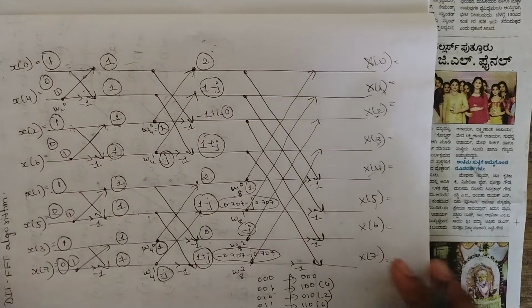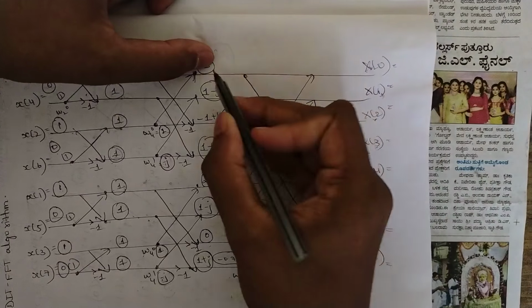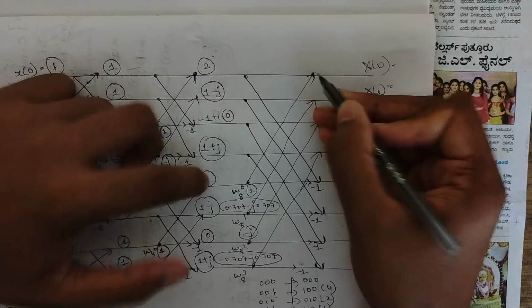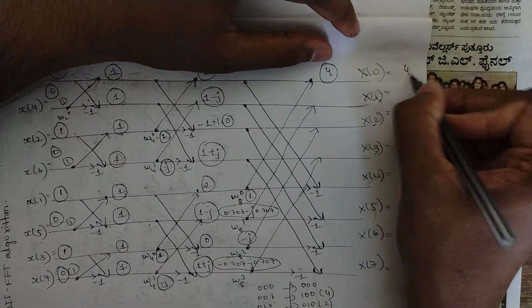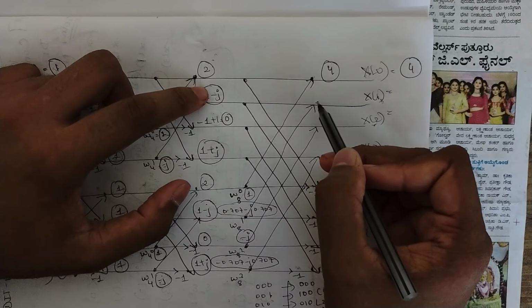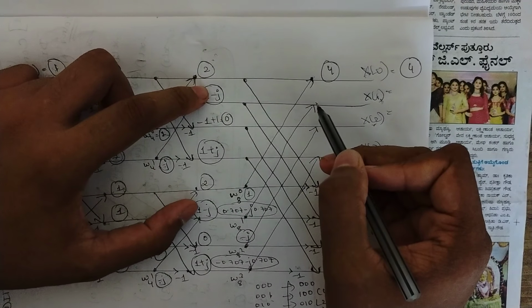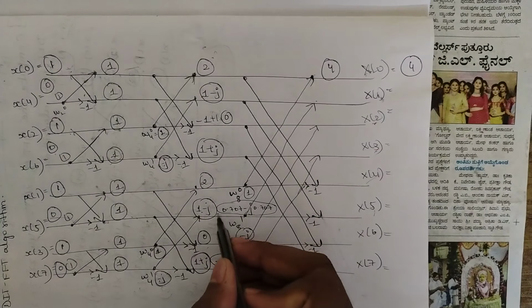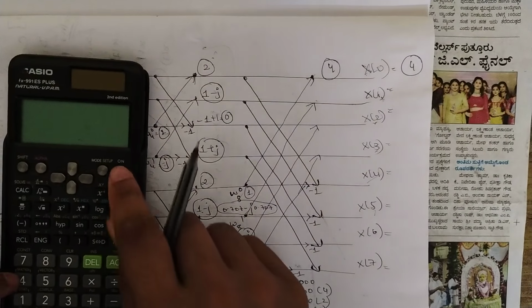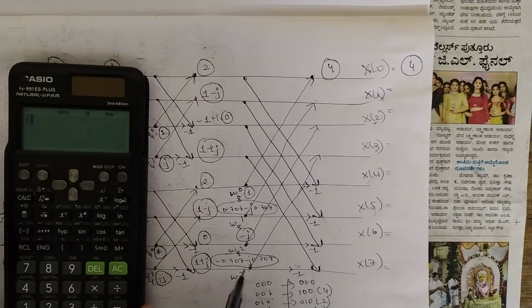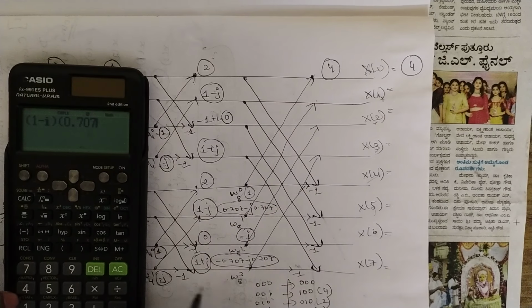Then the final stage, again the same thing, this 2 and 2 ones are 2, so 2 plus 2, when it meets here it is 4, our first value is 4. Second we have 1 minus j, okay, and here we have 1 minus j into this term, that is we need to multiply these two now. Okay, in the calculation, these two we should multiply, since these two are in the same path, that's why 1 minus j into 0.707 minus